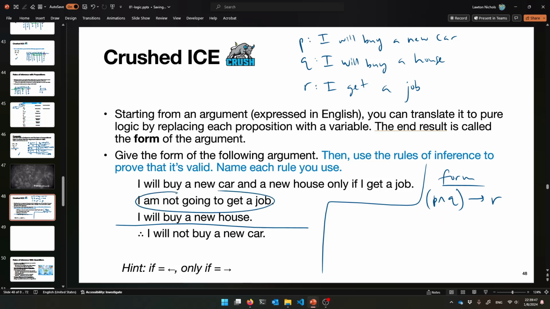And so here's the next one. I am not going to get a job. Oh no. So that would be the negation of R, right? We're assuming the negation of R. Darn. Unfortunate. And then also, we're going to assume that I will buy a new house. So that's Q. We're going to assume that Q is true. And then we're going to try to conclude, based on all these hypotheses, that, gosh,